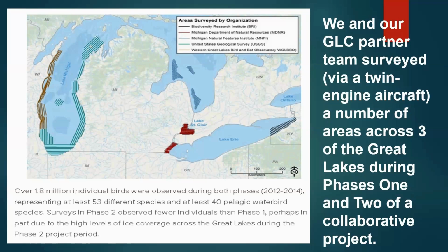Over the period of time we did multiple sets of those surveys by aircraft, we counted over 1.8 million individual birds observed during both phases, representing 53 different species and at least 40 pelagic waterbird species. Surveys in phase 2 observed fewer individuals than in phase 1, partly due to the fact that Lake Michigan and Lake Erie